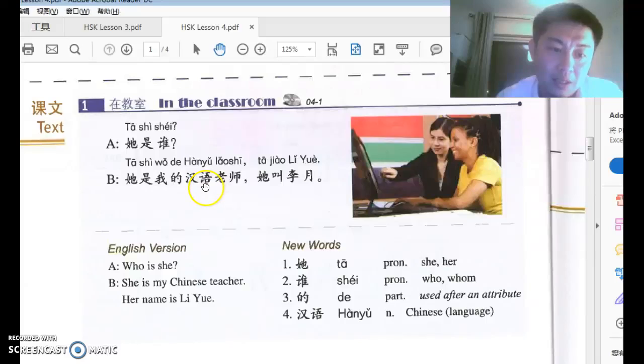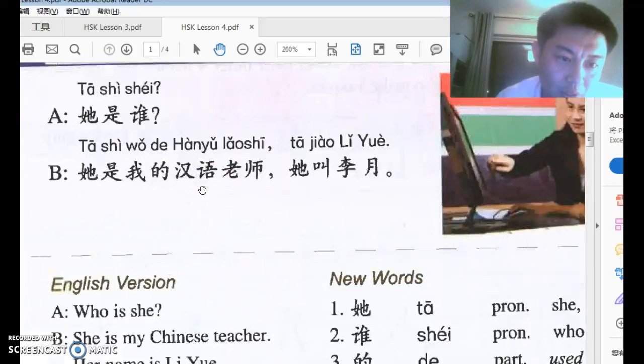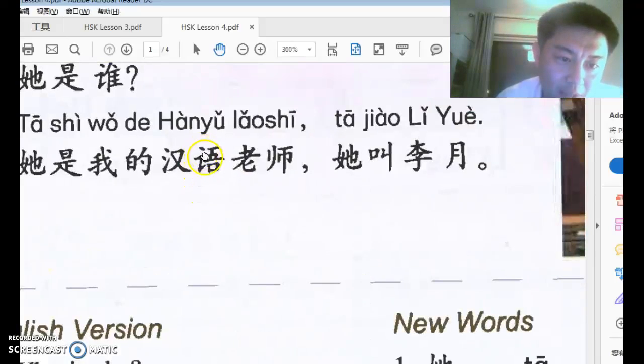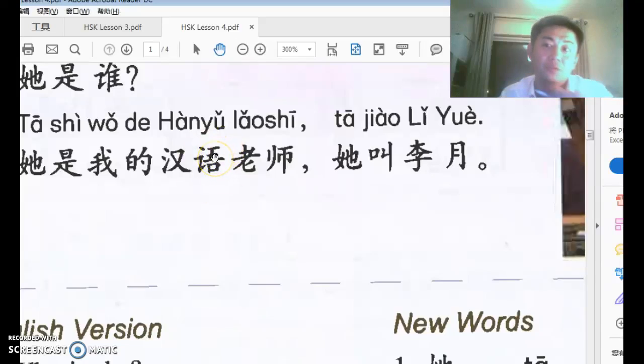Now remember this 语. The left part of the 语 looks like a small I. That is the particle for speech, and language has something to do with speech, of course. It's possible that this indicates that this word has something to do with speech, so it's language, so it sort of makes sense. Sometimes it doesn't, sometimes it does. Okay, now